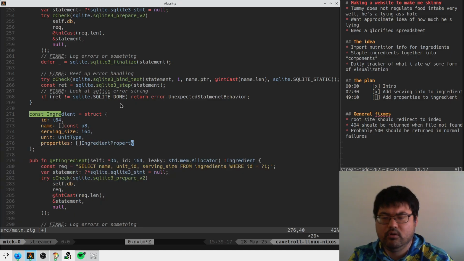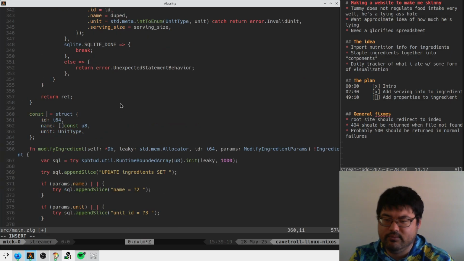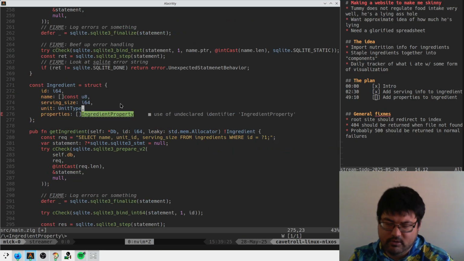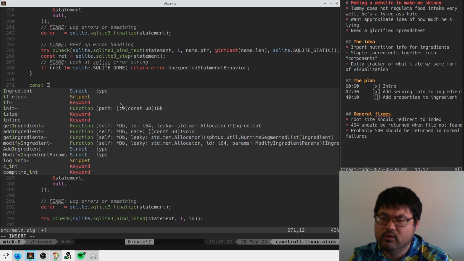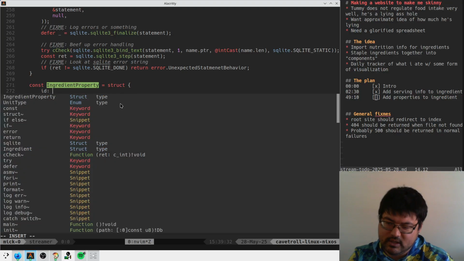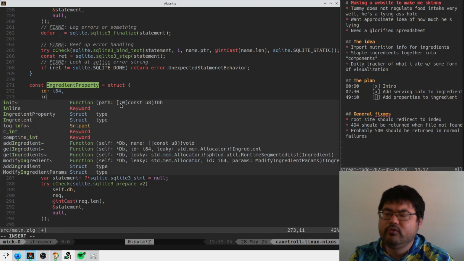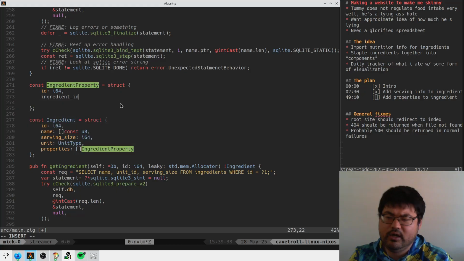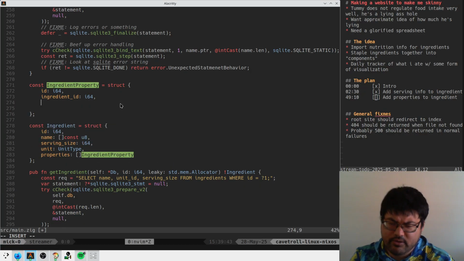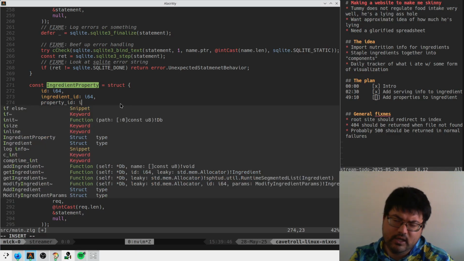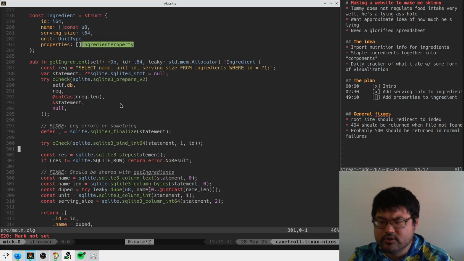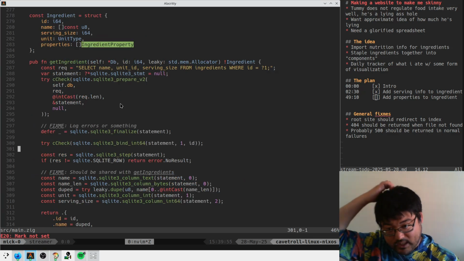This thing is the wrong type. This should be property now. Everywhere that this said ingredient property before should be property. But now we have ingredient property, and this just mirrors that table. So it's like ID, ingredient ID, what was the other thing? Property ID and value. We just kind of huck these things in here. So now when we get an ingredient,